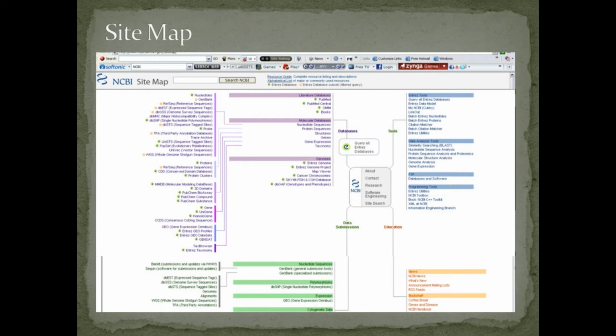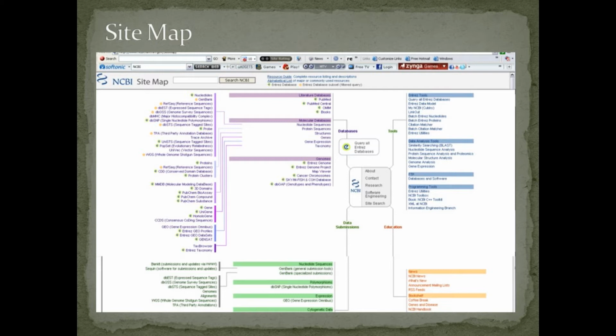Now the first screen shows the sitemap. One by one we are discussing the different features of NCBI. First is the sitemap. In the NCBI website you can see different types of sitemaps are available. For example, if you want to study molecular databases, genomic databases or structure databases, you can directly connect with the sitemap.